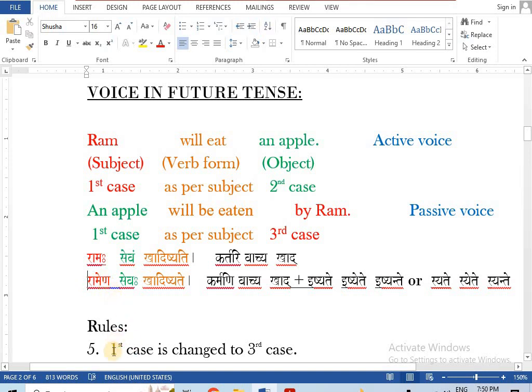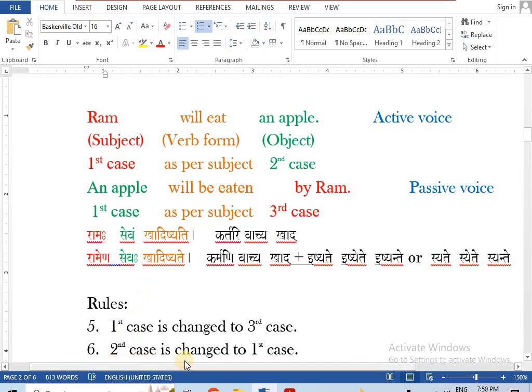It's very simple. Just first case is changed to third case. Now the object, an apple, sevam, same as the previous rule. Second case is changed to first case. So sevam, just like Ramam, second case, converts to sevaha, just like Ramaha, similar. Second case to first case. Okay, done. Now here